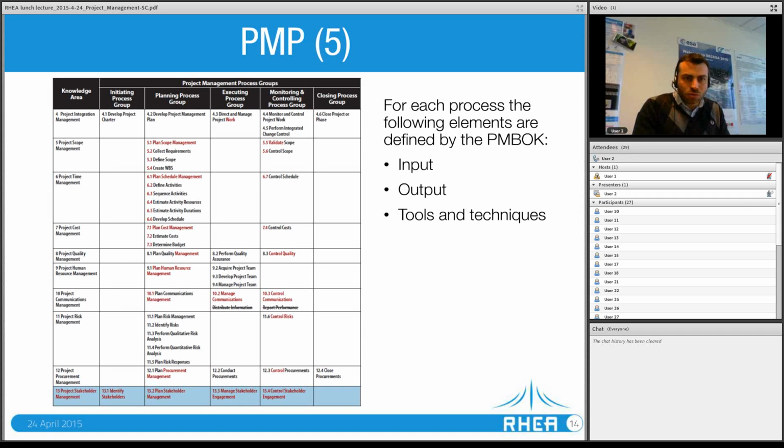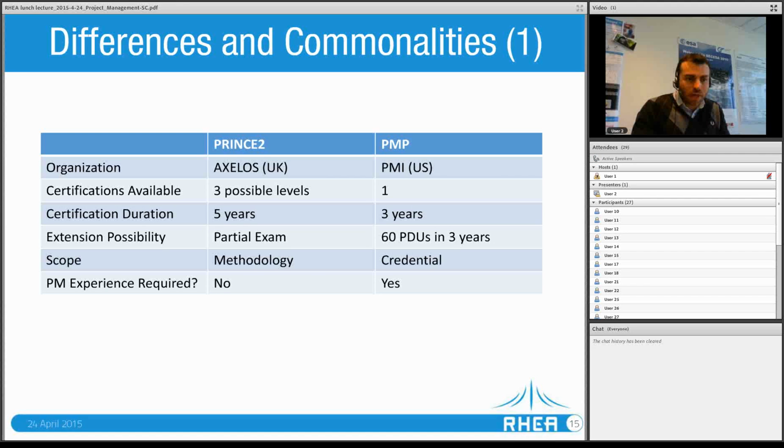Now, if we go to the next slide, we can have a summary of the differences and commonalities between these two standards. We've seen that Prince2 is certified by Axelos UK and the PMI is more US based. Prince2 is really a UK-based standard, endorsed in a way by the UK government. There are 3 levels of certification possible, while the PMP is just the PMP